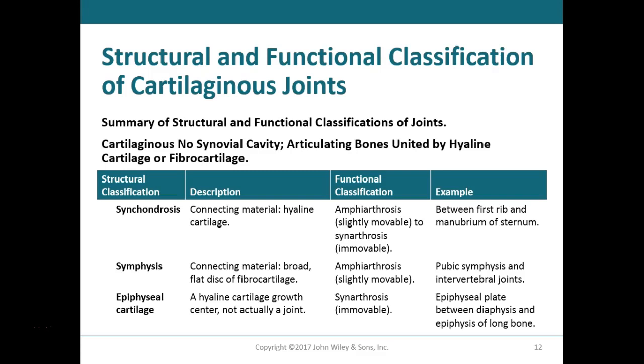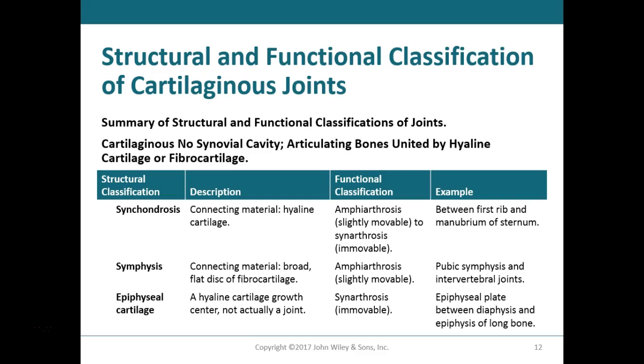We also have symphyses, I guess would be the plural, of cartilaginous joints. So that tells us what the structure is. We have a connecting material that's sort of a flat, broad disc of fibrocartilage. So this allows for slight movement, which we call amphiarthrosis, and we have this as our examples, the pubic symphysis